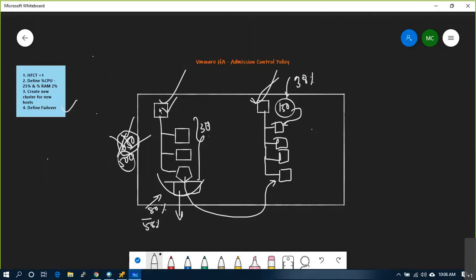Create a new cluster for the new host. Which one? Third one. Okay, if it is brand new, then this option will come into the picture. Just for a scenario's sake, I have explained. We have only three options. Now, which option?